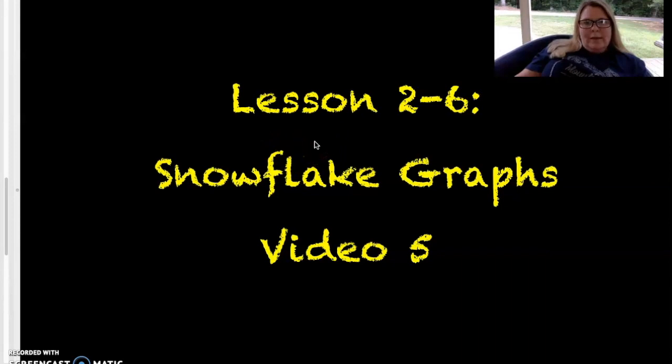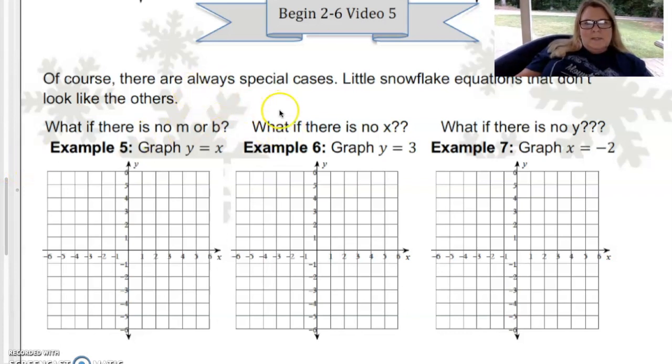Guys, we're back with lesson 2.6, graphing on the coordinate plane, and we're going to look at some special cases. So this is video 5, looking at special cases here. There are 3 specific ones that we want to look at. This one here, where it appears to be no y or b, and when that happens, let's go back, and